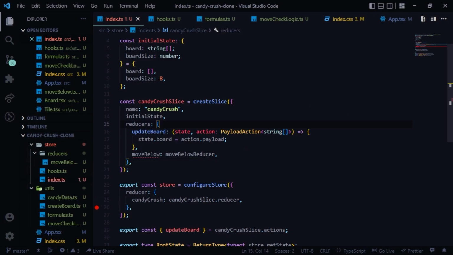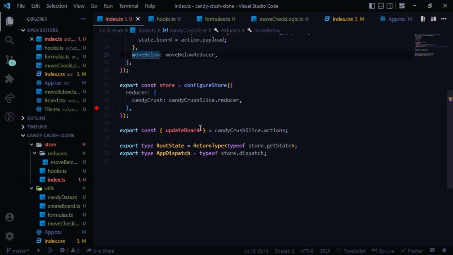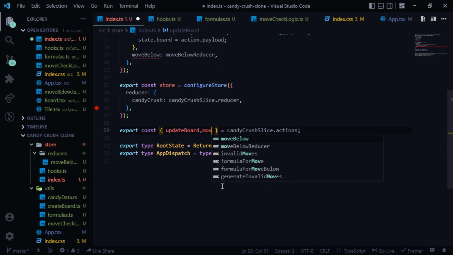This is inside the reducers, move below reducer. Why do we have an error here? Let's ignore that error for now. Move below,